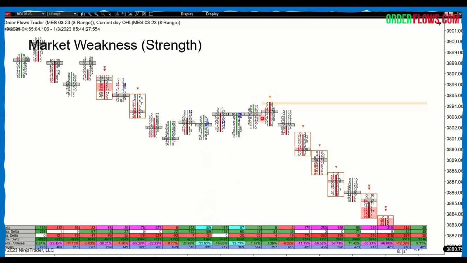But what I see here all of a sudden taking place is weakness. Because remember, for a market to move up, in this case, you need strong aggressive buying to take place. The market's not going to go up on, I mean, it can go up in one bar with negative delta, but it's not going to rally on bars of consecutive negative delta. So you'll be looking at the delta to be stronger each bar, or at least positive and sort of